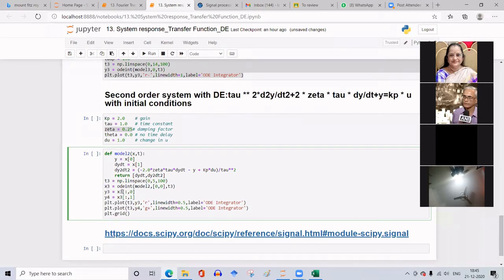So our X3 of colon comma 0, that is the first column of this X3, will represent our solution Y3. And the second column of the X3 will represent Y4, which is nothing but the differential d by dt of Y3, which represents the slope of the signal Y3.